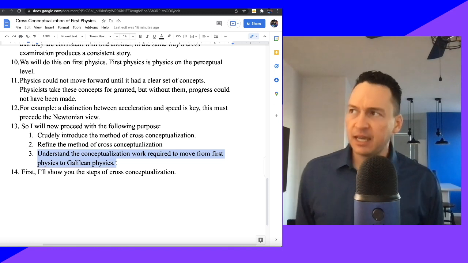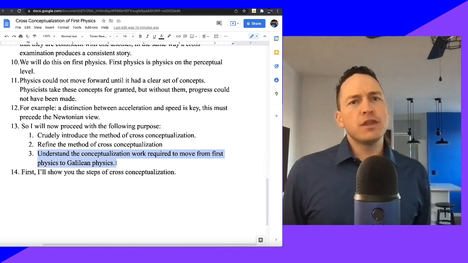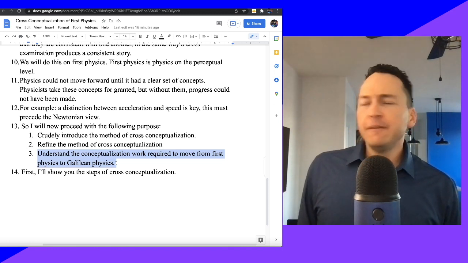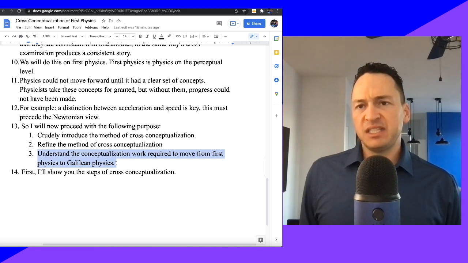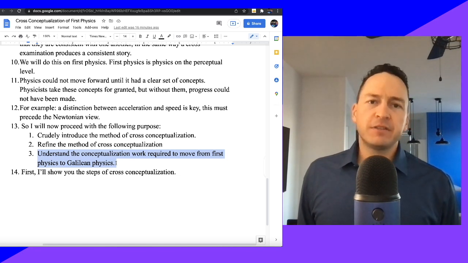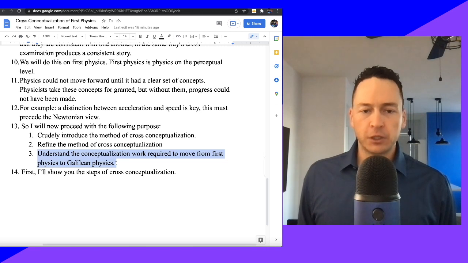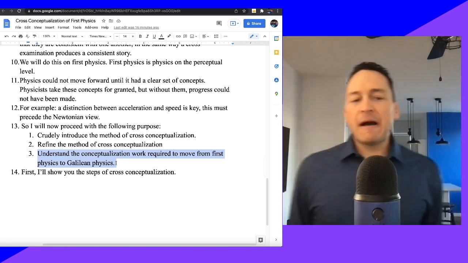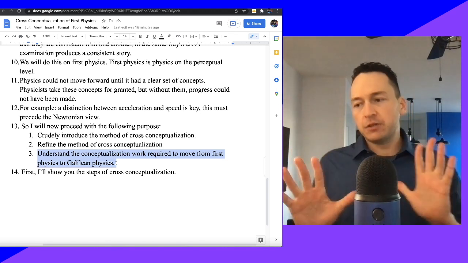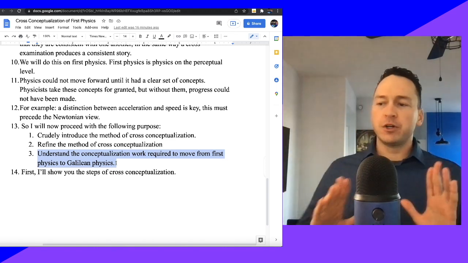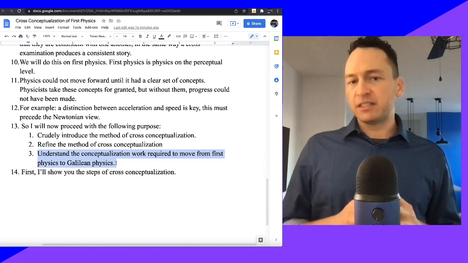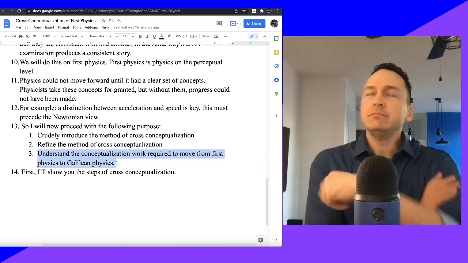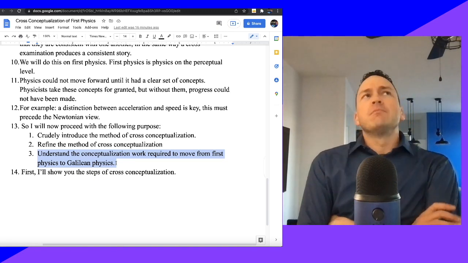So we're going to see how that works if we try to apply some systematic method of conceptualization to first physics. Okay. So the way to think about this is, here's the way to motivate us. Okay. I'll fast forward to a certain point within the inductive summary of physics. At a certain point,